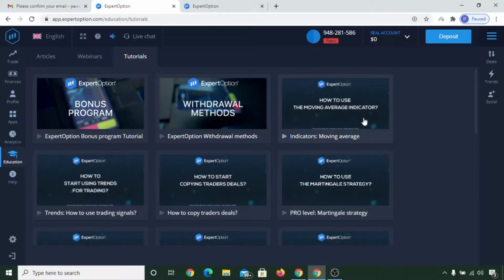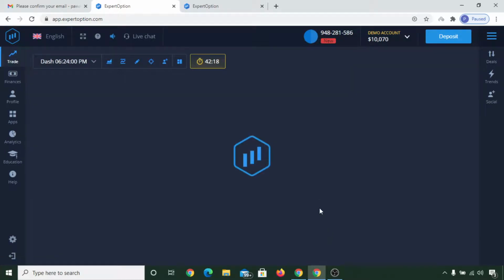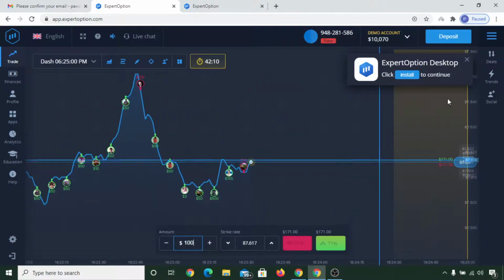Now another important thing is, if you'd like to deposit funds in your account, you can simply click on here. You can see here is a demo account where you can make some fake trades. You can simply click on here and you will switch to the demo account and make trades the way that I have traded firstly. You can enter an amount here and click on up or down and start trading.